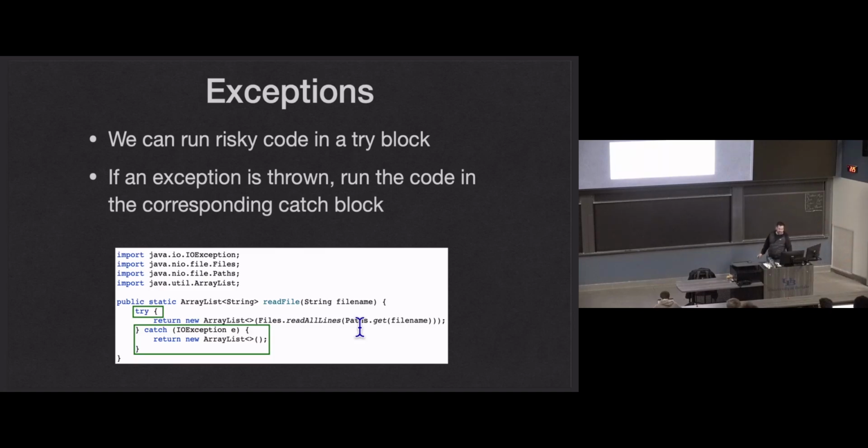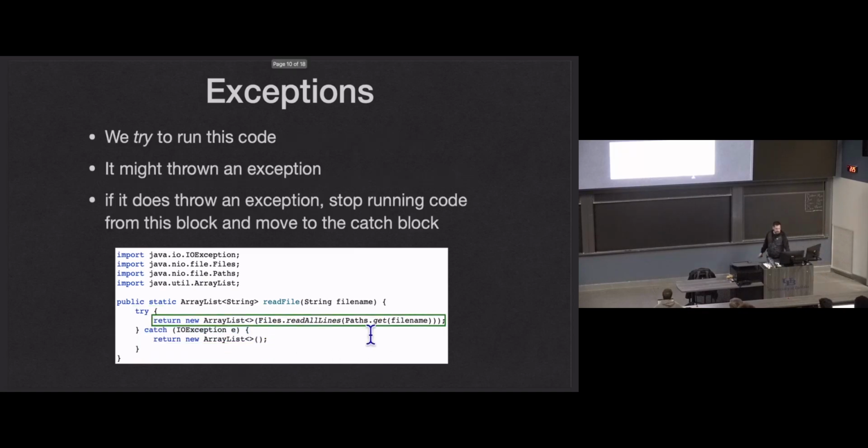So we're going to catch the exception. The way we do that is with a try-catch block. We're going to try to run the risky code. And if an exception is thrown, we can catch any exceptions that we want. So we're going to catch the exception, and if the exception is thrown, we're going to run what's in the catch block. So we try to run this code. We expect this code to potentially throw an IO exception. It might throw other exceptions as well, but IO exception is the one we're going to catch.